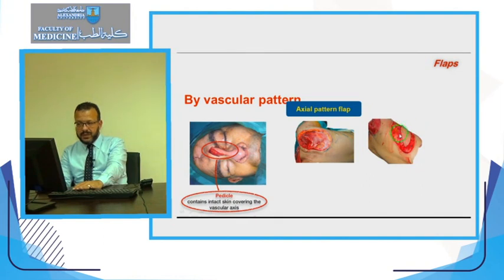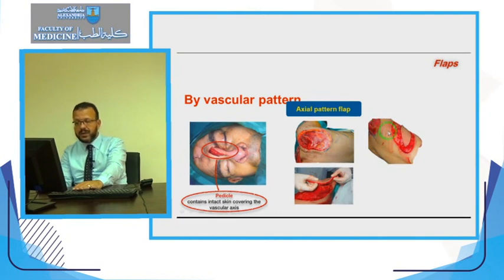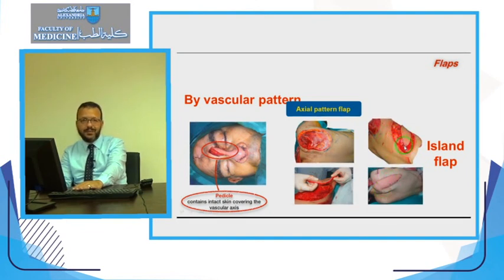So a flap was harvested from here, and it has to go from the donor site to the recipient site. We keep the flap only attached by its blood supply. This is the artery and vein entering the flap, and we pass the flap from underneath this intervening tissue. So this is a regional flap. We've passed the flap from underneath this skin, and in this situation it is called an island flap. This is a pedicled flap, and this is an island flap.